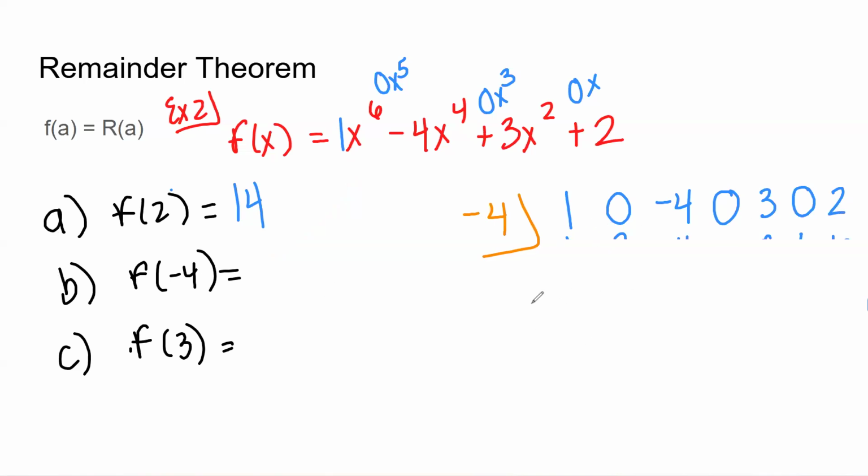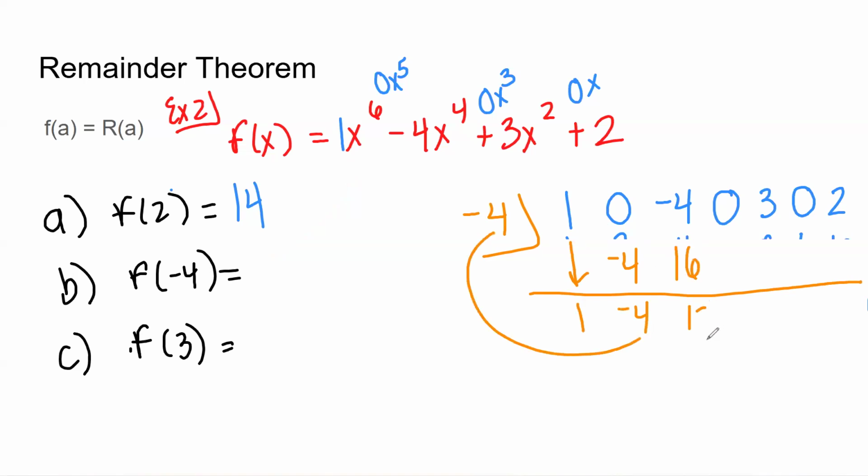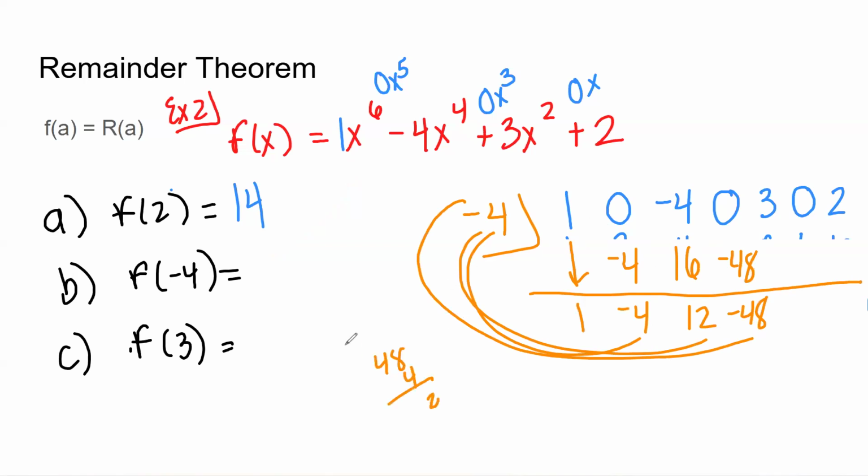I've already got all my placeholder zeros in place and we're ready to drop down, multiply, add straight down, multiply, add straight down, multiply, add straight down. Now this is getting a little annoying. Negative 48 times negative 4 would be positive something. 192 plus 3, so that's 195. Multiply, so 195 times 4,